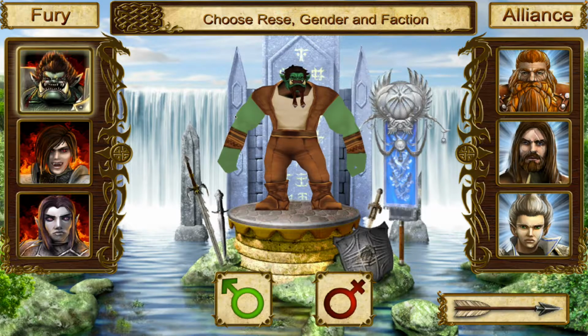Let me show you the choices you have and some customization for the characters. First of all, in Midgard Rising, there's a conflict between the Fury faction and the Alliance faction. The Fury faction includes orcs, blood drag, which are essentially vampires, and the dark elf. On the Alliance side, there are dwarves, humans, and elves. Let me show you quickly preview characters, and then let's select one, show you classes, a menu, user interface,